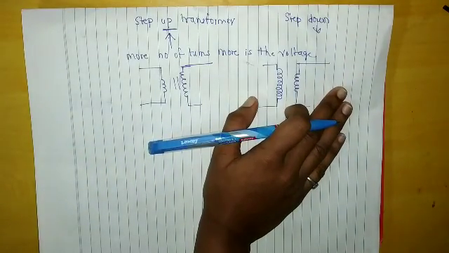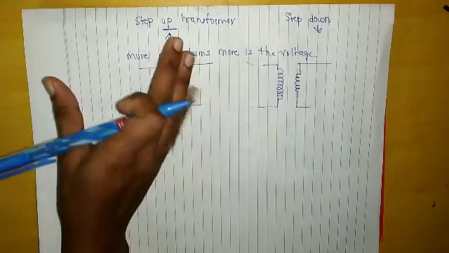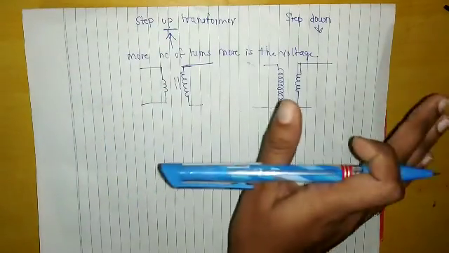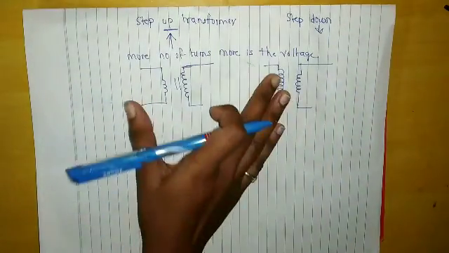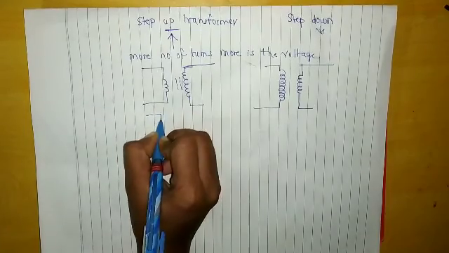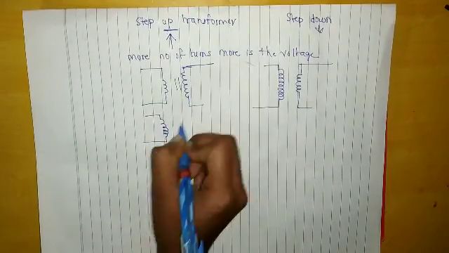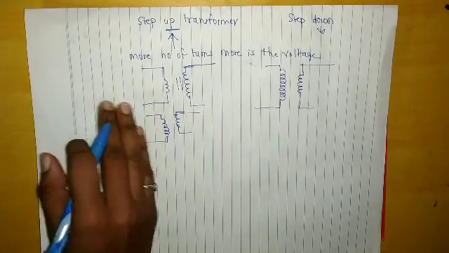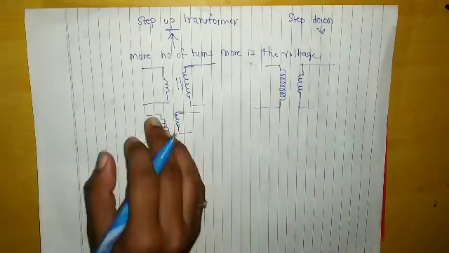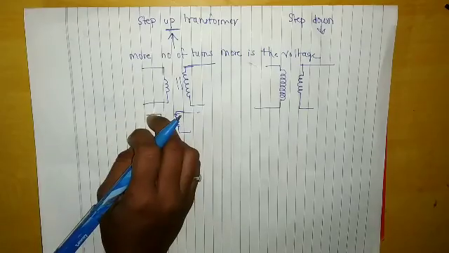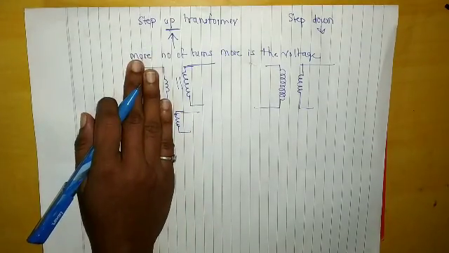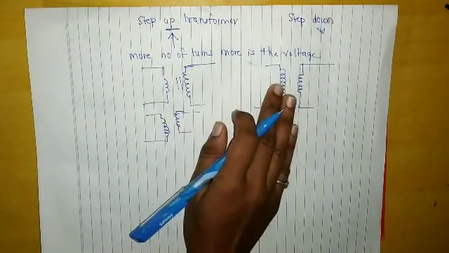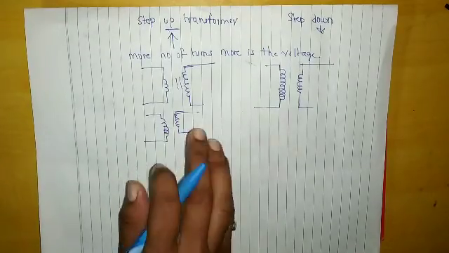We have also seen the auto transformer and the difference between an ordinary transformer and an auto transformer. So how is our ordinary transformer? It has two windings, one primary and the second secondary. Whichever winding we give the supply to is called the primary winding, and the other one, which is connected to the load, is called the secondary winding.